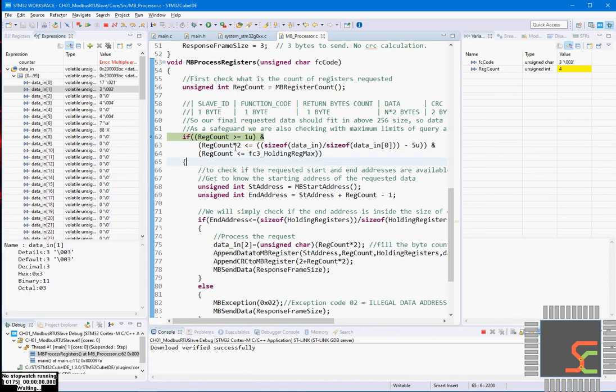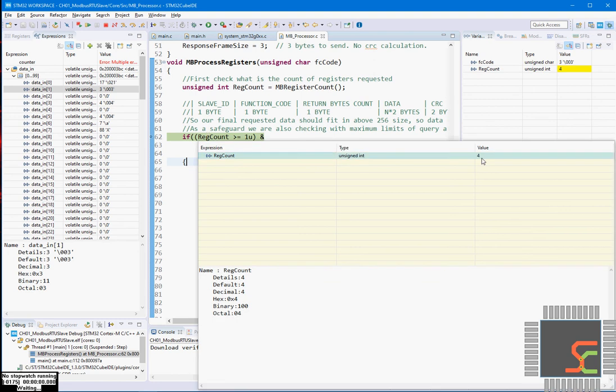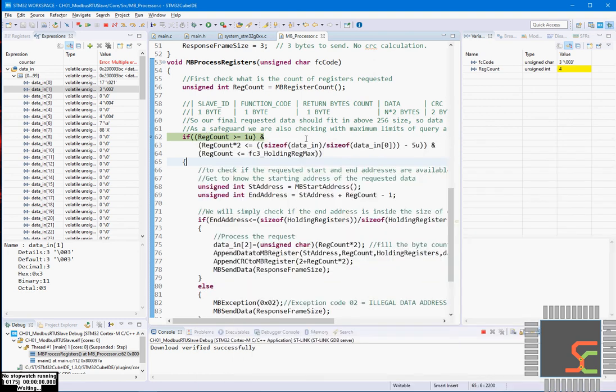Moreover, the data which we are going to send is 16 bits. So as it requested 4 registers, we will require 16 bits, that is 2 bytes each. So 4 into 2, we will require 8 bytes.